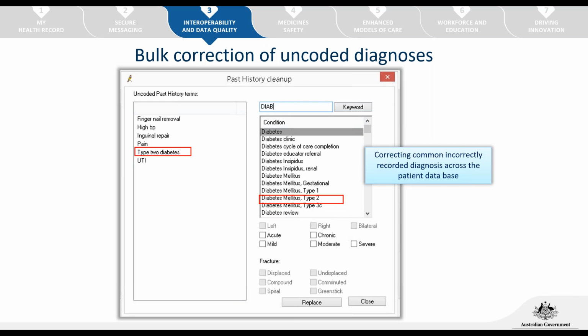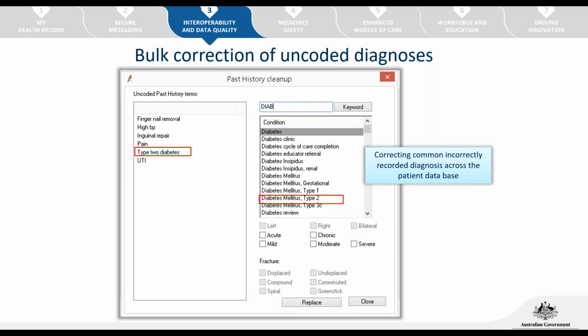Thanks so much, Peter. That's really valuable. One of the things you mentioned was ensuring that we can add in those past medical histories, which Nikki's about to talk about in a moment. But just to finish off the topic around correction of uncoded diagnoses, most clinical information systems will allow you to complete a bulk cleaning of the free text diagnosis or incorrectly coded diagnoses. So here you can see that the free text or uncoded diagnosis was identified, and then you can choose how to relevantly correct that commonly